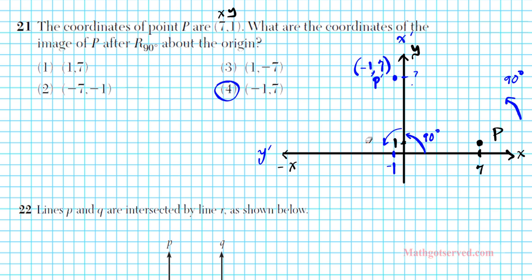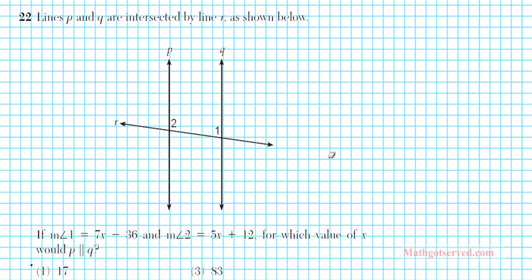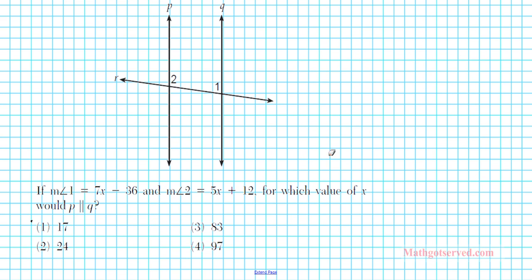Alright, so that's that. Now let's take a look at problem 22. It says lines P and Q are intersected by R as shown below. If the measure of angle 1 is 7x minus 36, and the measure of angle 2 is 5x plus 12, for which value of x will P be parallel to Q? So if we want lines P and Q to be parallel, then these two angles will have